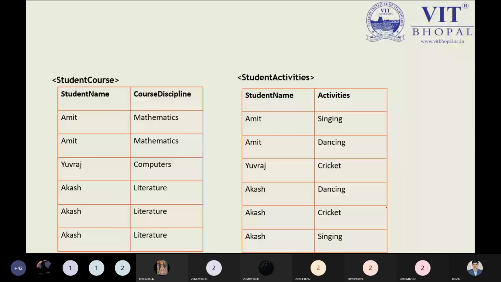Of course, in the student name, you can choose a primary key. So we can make uniqueness in the record. So duplicacy can be removed by applying the key attribute. Here, student name can be a key attribute, but it is not mentioned over here. But it is also possible to make the student name a key attribute, so duplicacy can be removed.